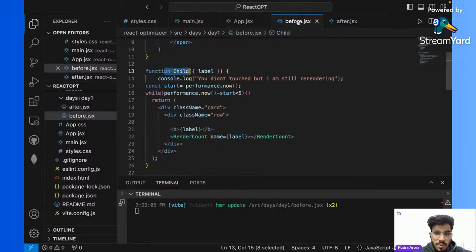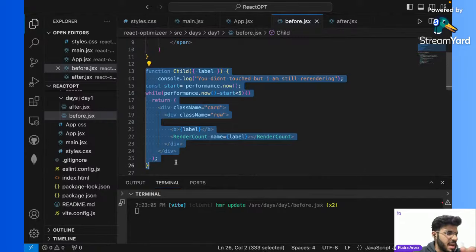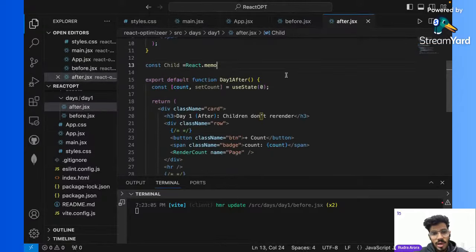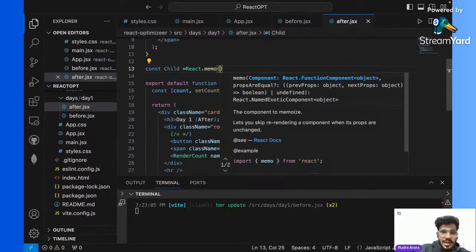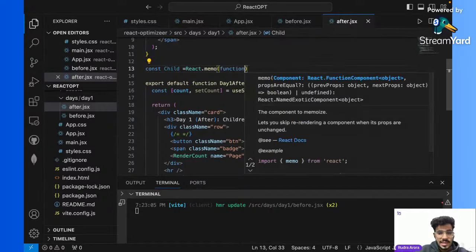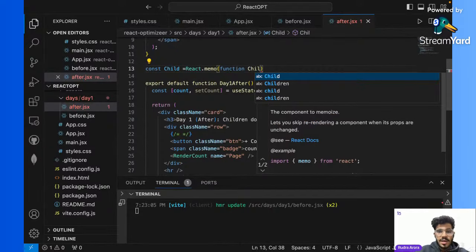So what thing I have changed from the previous one? First, I was just creating this particular component. I have not memoized it, but now I am actually creating a memo, so that this particular thing would be memoized. I'll tell you the major difference, but this is the core difference between the previous and our new code. Okay, so function, now I'm going to